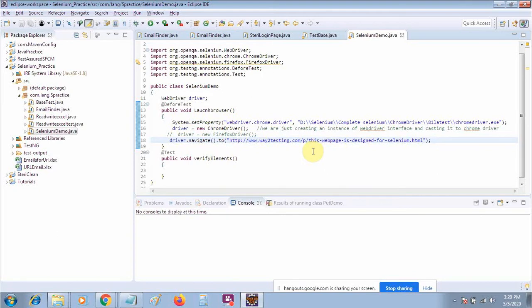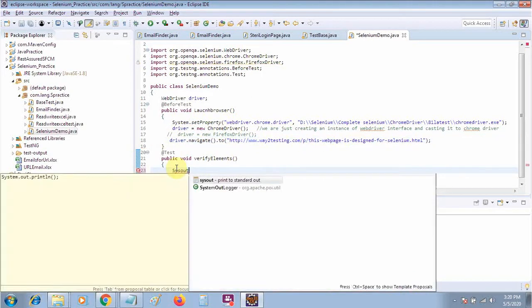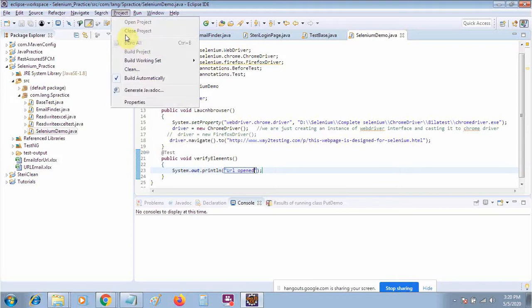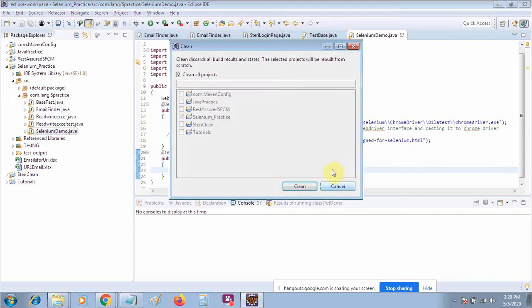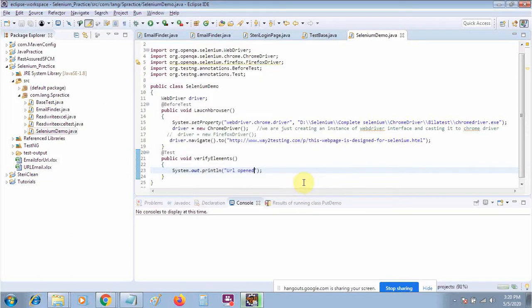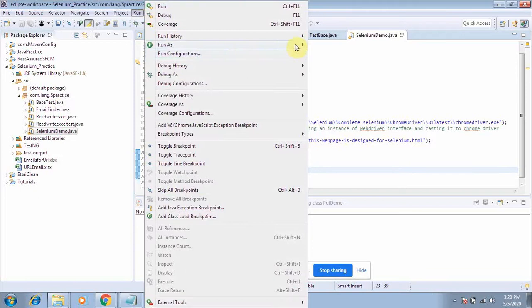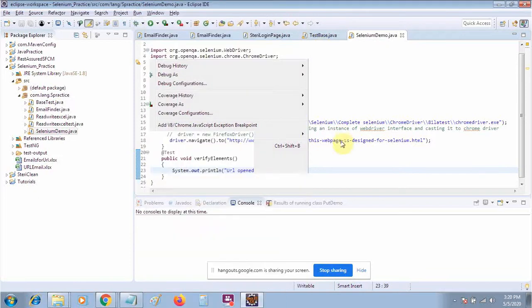Let me print some comments like browser opened, URL opened. Now if you run your program, you will get an option like Run As TestNG test. Okay, so I will go to Run, Run As TestNG Test.